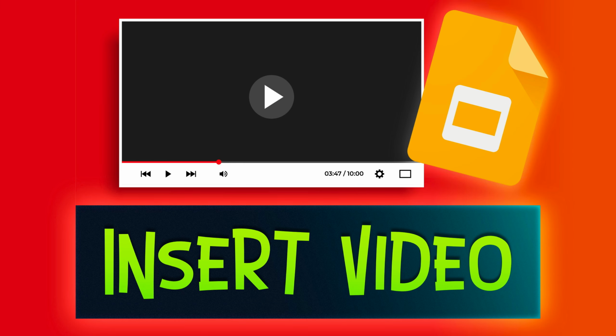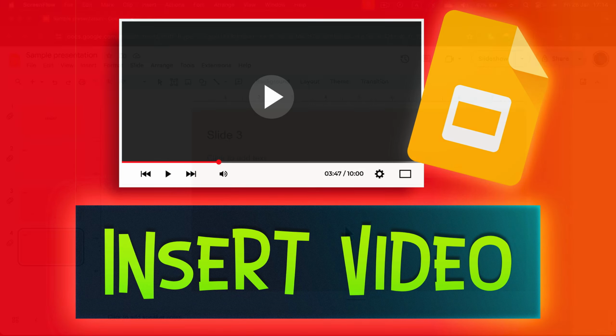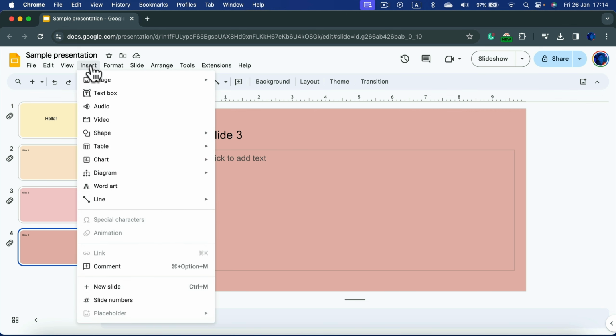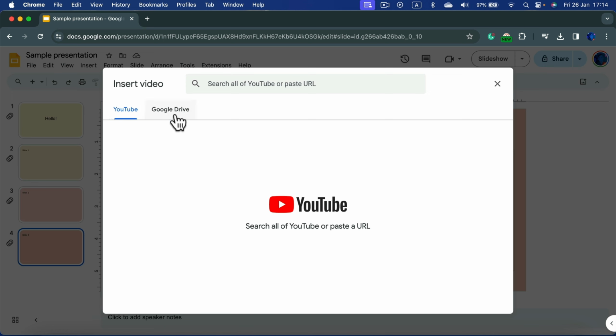It's time to learn how to insert video to your Google slideshow. So here I am in Google Slides on my desktop, and I'm going to head to Insert tab. After you open your Insert tab, you will see straight away there's a video option ready for us. Click on it, and you got 2 choices here. You can insert a video straight from YouTube. You can even search for videos on YouTube from this search bar here, or you can insert a video from